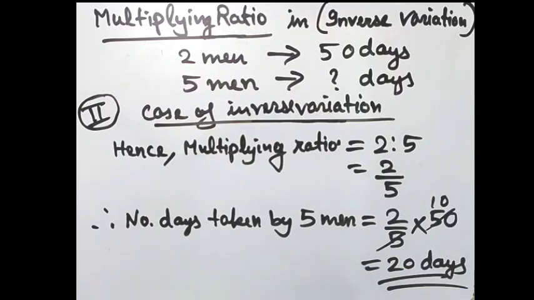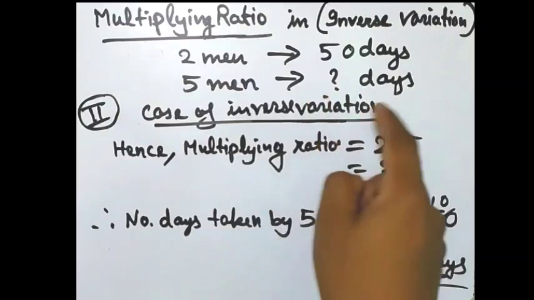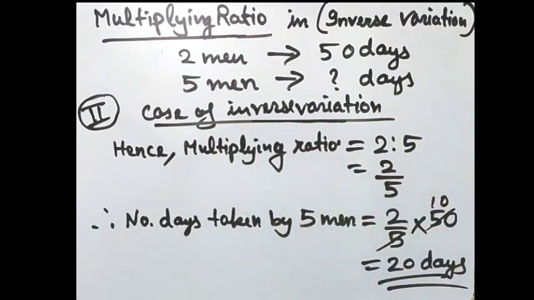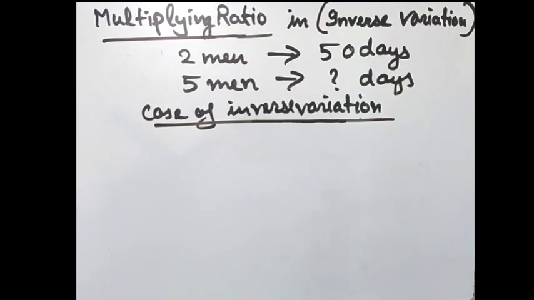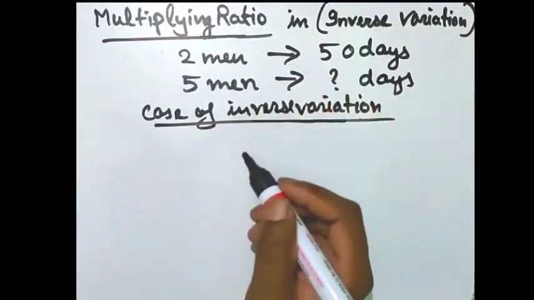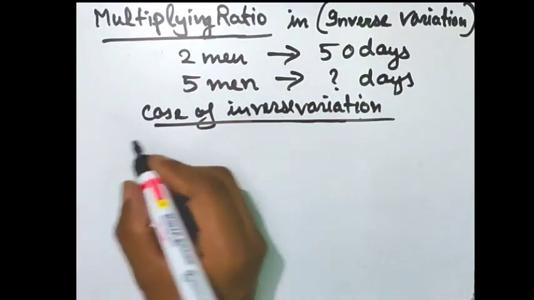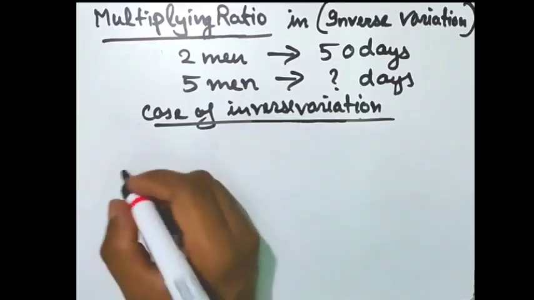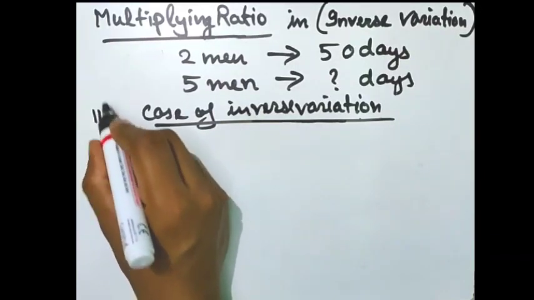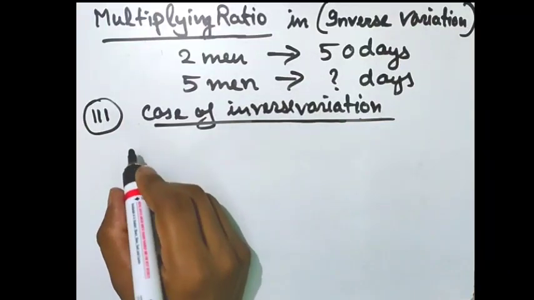So you can apply this method to reduce your work. This is a shortcut method, or you can use the equation of the two ratios if you want to go step by step. Now we can also apply the unitary method to find the answer here in inverse variation. Let's go through it. So when you're using the unitary method, you can again identify what kind of variation it is, then mention it is a case of inverse variation. If it is inverse variation, then you will start the process.